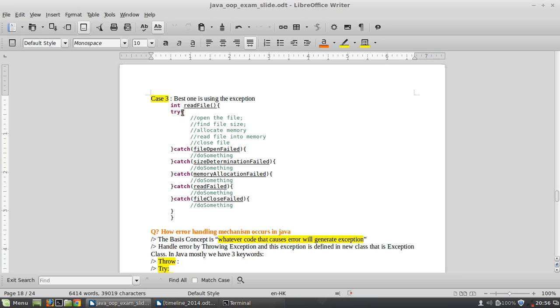What we do is we just try. First we try, all the coding is done here. We try the whole method. So we open the file, find the file size, allocate the memory, read the file, and close the file. And whatever exceptions or errors occur are caught by the catch keyword. Okay, we catch the particular error by using the catch keyword, and if any kind of error occurs, like while